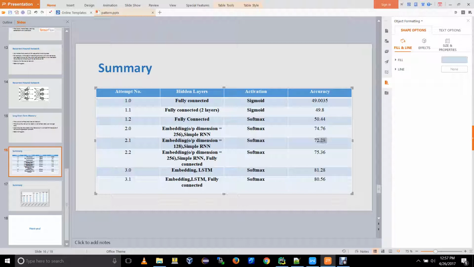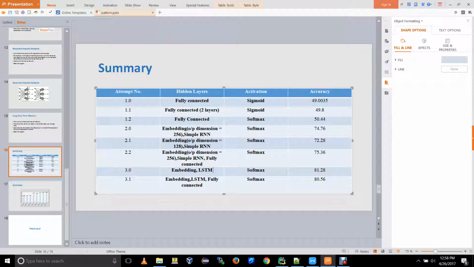We sense a little drop. It's not much, but it's still there. For 2.2, I have again retained 256 output dimension, simple RNN, and I have also used another fully connected layer. For this, I have got a higher accuracy, which is 75.36.